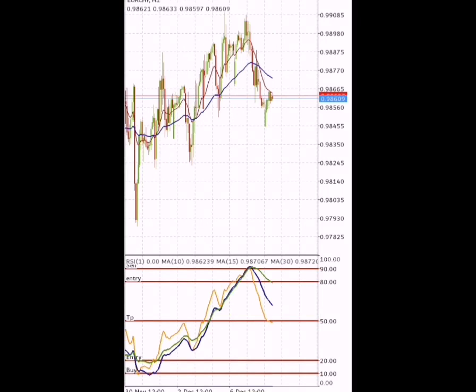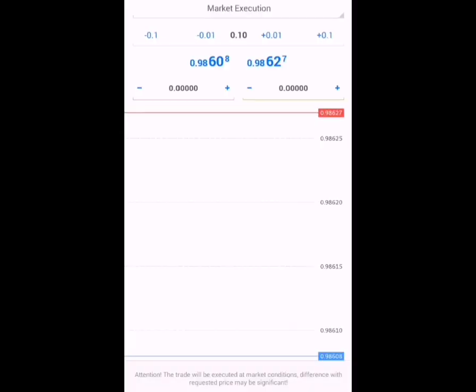Alright, here is a good one. On the main chart, the 13 EMA has crossed the 50 EMA, and on the RSI, all the moving averages touched the 90 level, and they all crossed the 80 level. This is a good setup for a sell. So right away, I'm going to sell